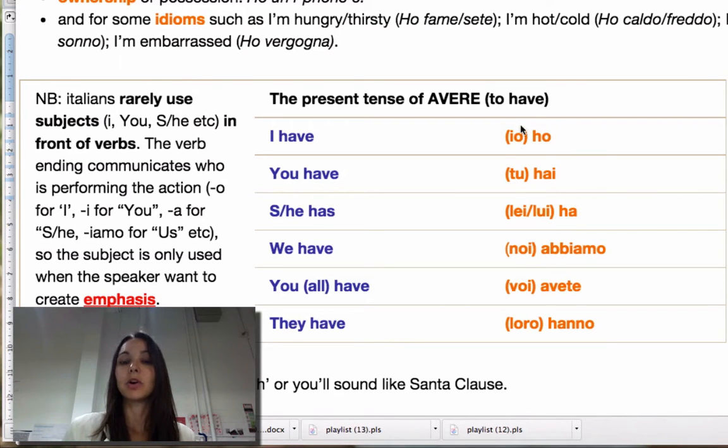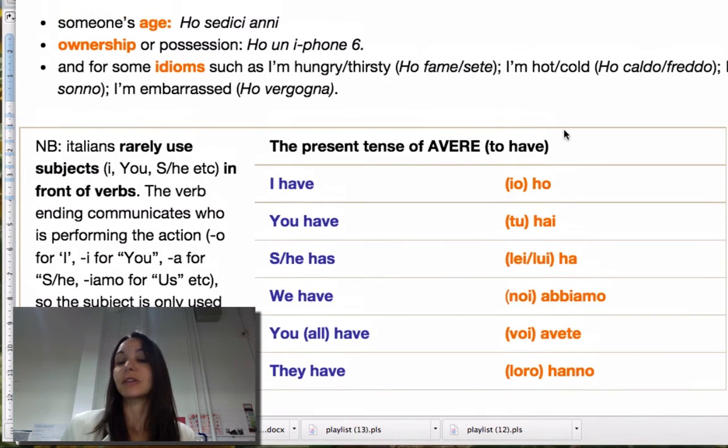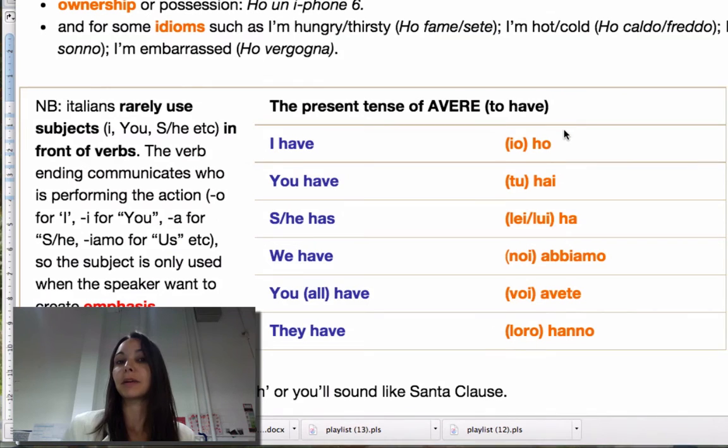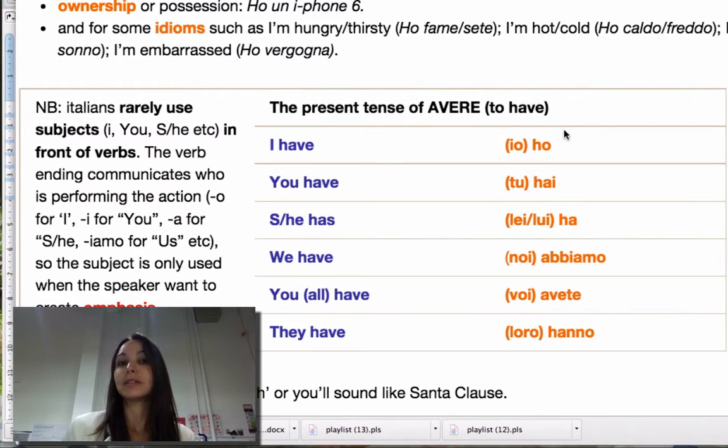The Italians will only say io with their verb for emphasis. For example, perhaps if someone is asking, who is age 16? Someone will say, io ho 16 anni, for emphasis, to emphasize that amongst all these people, it's I have 16 years. Also note that it doesn't translate literally. So when I say my age in Italian, ho 16 anni, I'm actually saying I have 16 years.